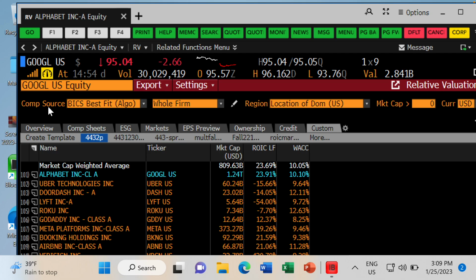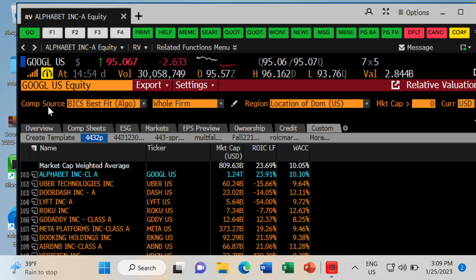How's Alphabet, which is Google, doing? Are they demonstrating competitive advantage? Barely. Slight, but not much. This is the company the Justice Department wants to break up as an all-powerful monopoly that earns so much money that it's taking advantage of you. It's industry average.